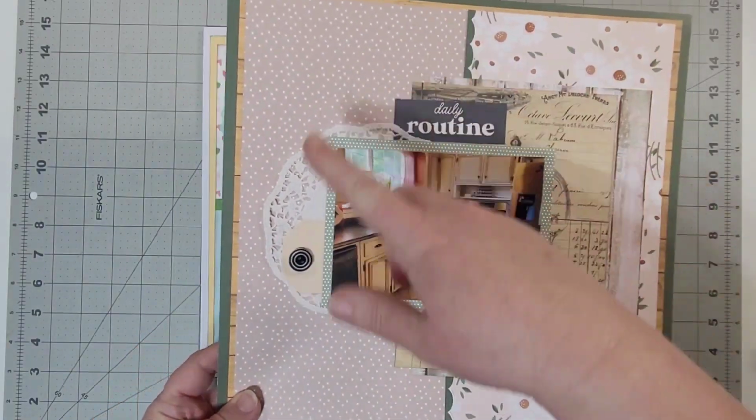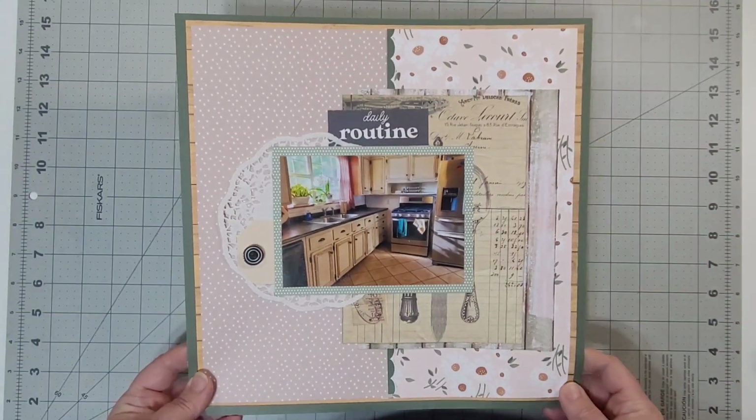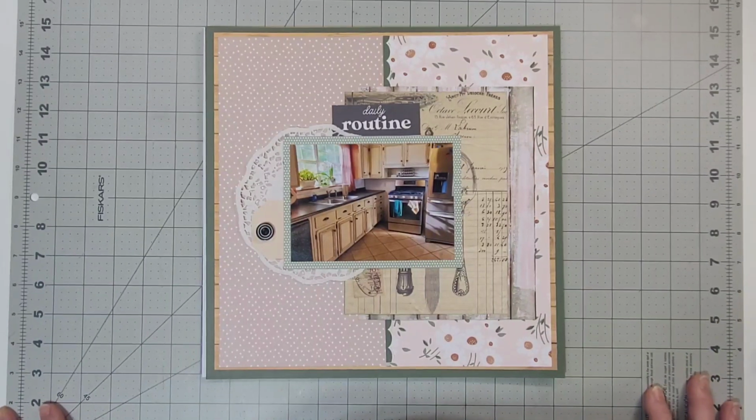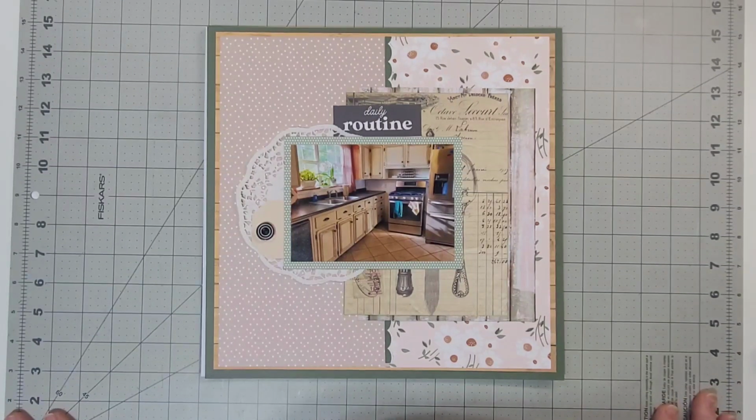And the fact that I had already picked out my kits kind of told me what photos I needed to choose of the ones that I have printed. And that's one of the things that I'm doing. All of these photos that I have printed, I'm trying to just get them on pages. Sometimes there are duplicate photos, because some of these photos are from years and years and years ago. And back then, when I would drop my film off, I would select to do black and white and color. So sometimes I have a copy in black and white, and I have a copy in color. But anyway,